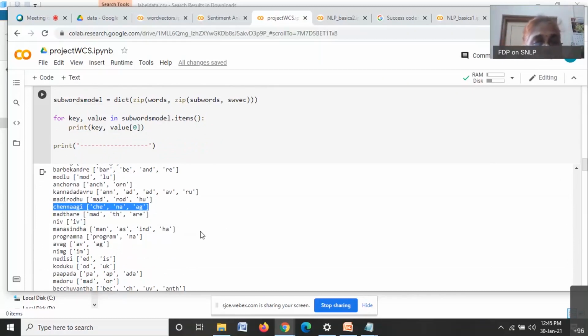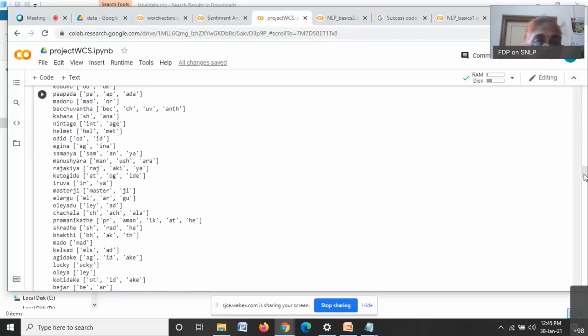When we are giving all the subwords, we may also consider individual characters like C, H, E, N, A, G, I as subwords. But here we are restricted to subwords of length greater than 1, mainly because character embedding will anyway capture the characters. Because it is already present, we are not considering this.